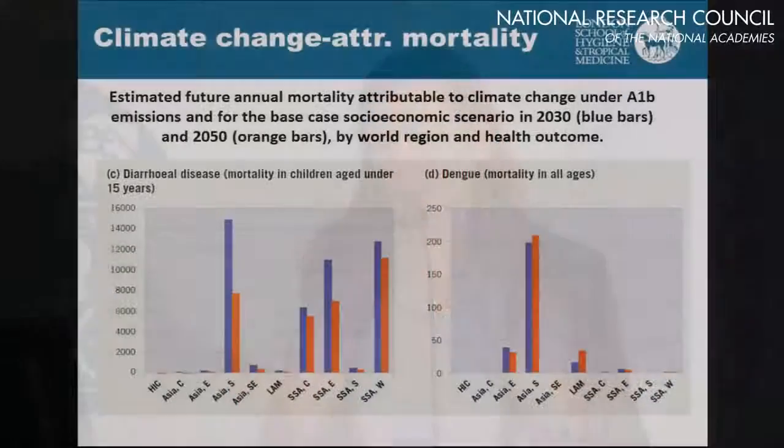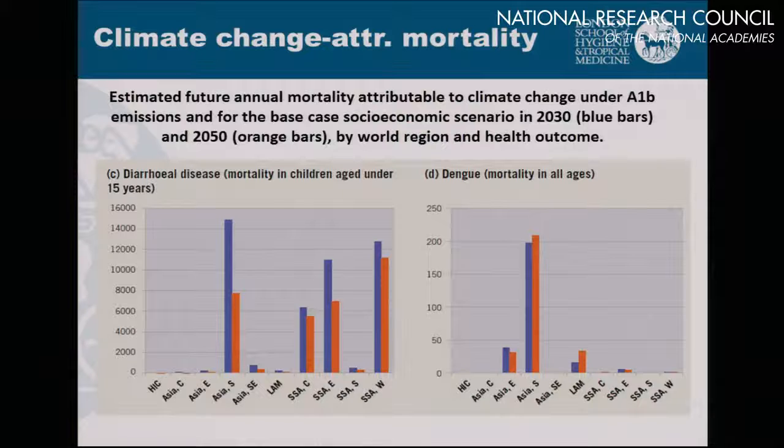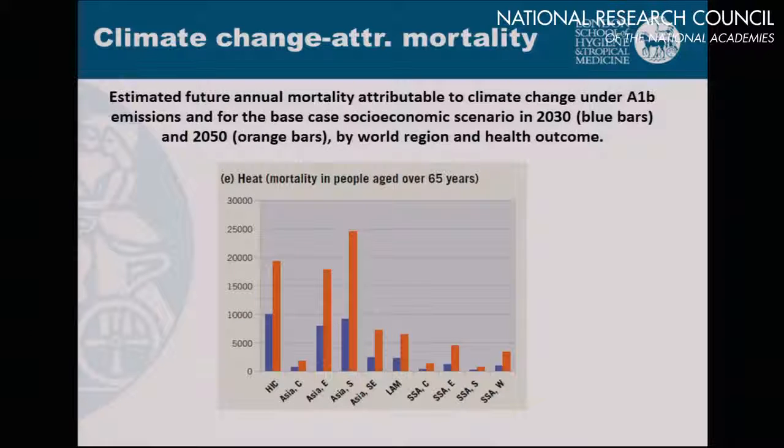And then we've got diarrheal disease and dengue. The dengue mortality is very low, okay? It's very, very low. Dengue just doesn't kill huge numbers of people compared to these other outcomes. And with diarrheal disease, you can see the same decline over time. Heat mortality, again, increases, but the thing about heat-related mortality is you actually have impacts in the high-income populations. The HIC group is Europe, North America, and Australia, the high-income regions all lumped together. And this is the outcome where they do show a significant burden. But otherwise, it's the low and middle-income countries that are most affected. I know you won't be able to read this.